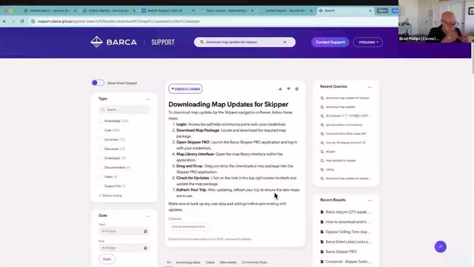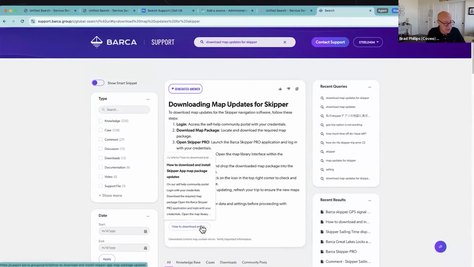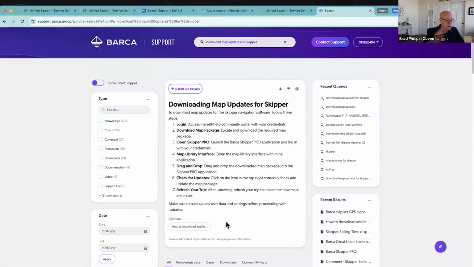And of course, we've been talking about generated answering. This one's pretty straightforward. You see the citation where this was brought from, part of the Coveo index, and surfaced here. Now, I want to reinforce one point here. We're greatly reducing or eliminating hallucinations because these generated answers are based on your indexed content, on Barca's indexed content. So here, John gets those descriptive steps. He can walk through, solve his problem. Chances are he doesn't have to do any of that additional navigation that I just described to you.